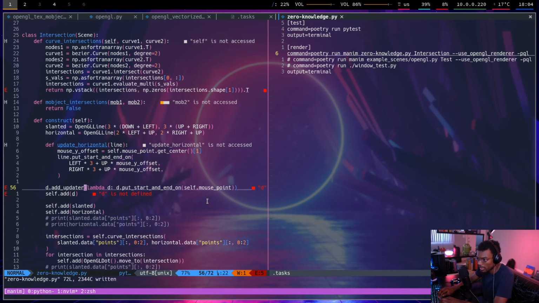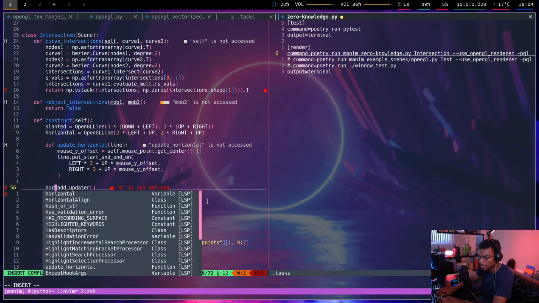Okay, so then if I add that updater to the horizontal line,